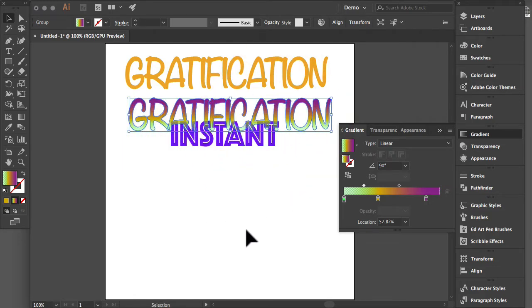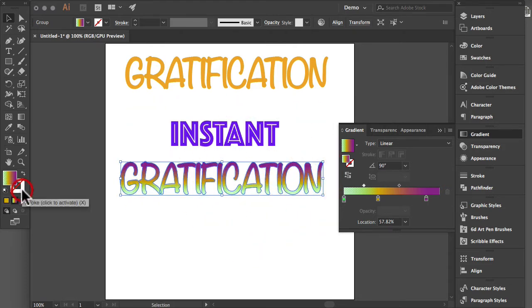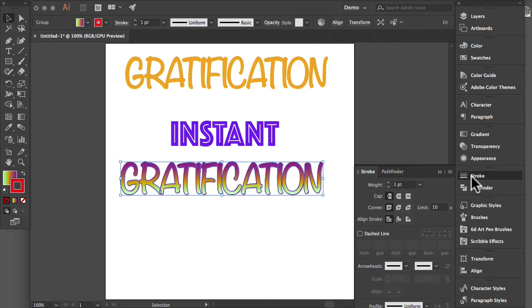So, anything else in here? You can add strokes, like I said. So if you wanted to add a stroke, you could go to the stroke menu, or you could go to the color menu, or anything else you wanted to do. And let's just pick a red stroke. Okay. And then that stroke, you can open up your stroke window, or you get stroke up here too. All right. So you got a couple of different places to play with that. And you can change the weight,